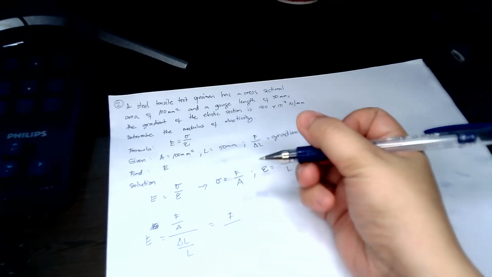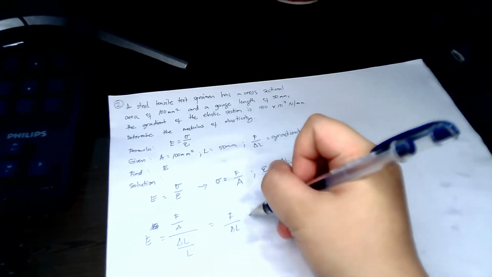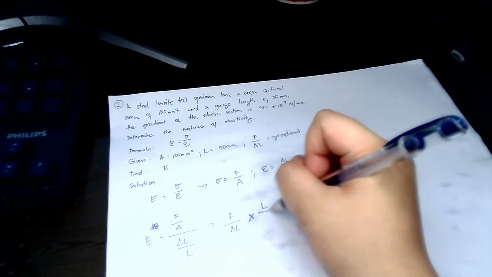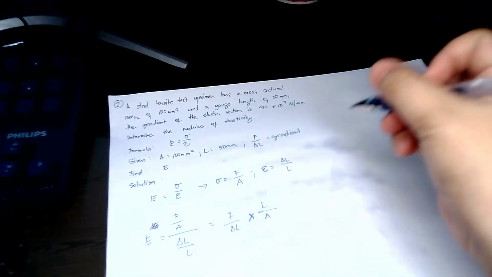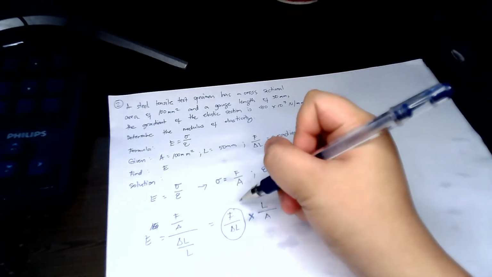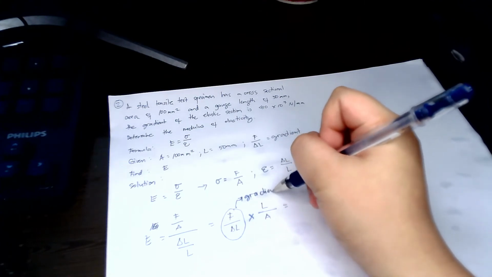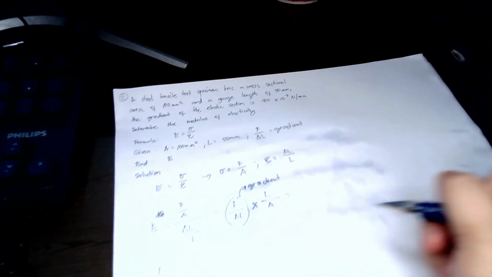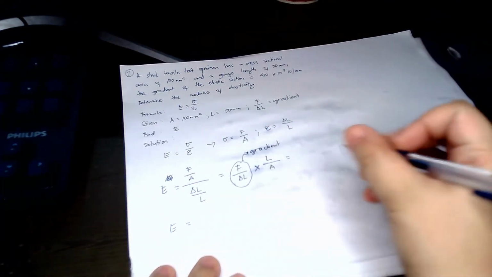F over delta L times L over A. And familiar, this is given because this is the gradient. Okay? And therefore, E now is equal to,